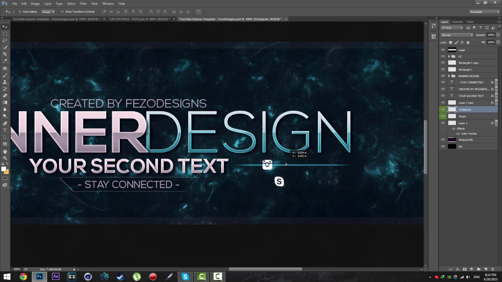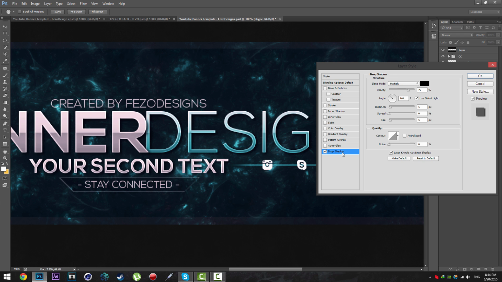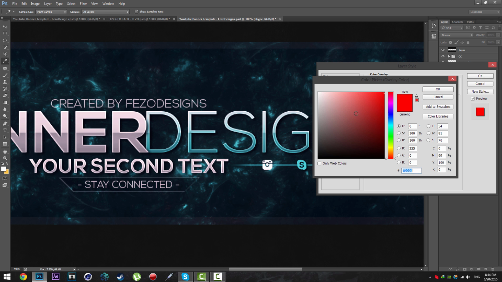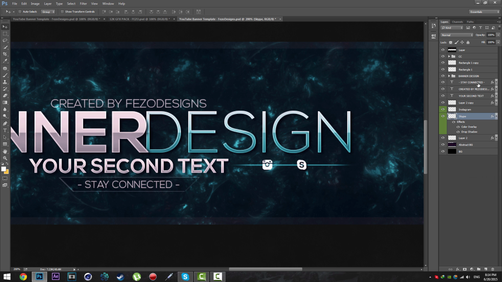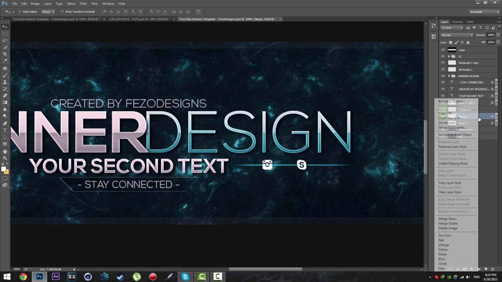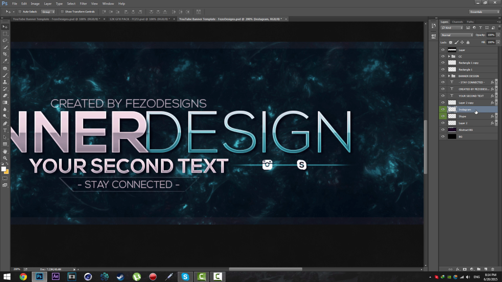Put it here, Skype icon here, and double click and open the layer styles. Just check the drop shadow, make it 3 pixel, and color overlay, make it white. Click OK, and right click on the Skype, select copy layer style and paste on the Instagram